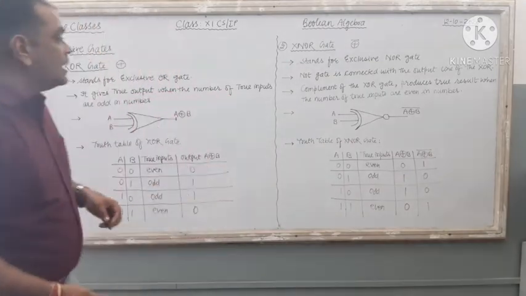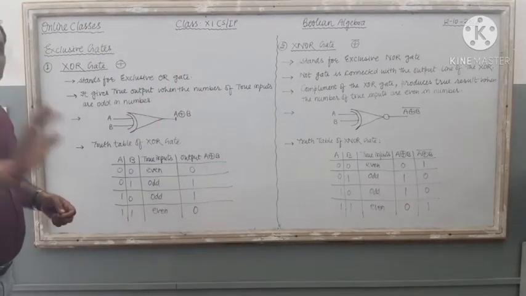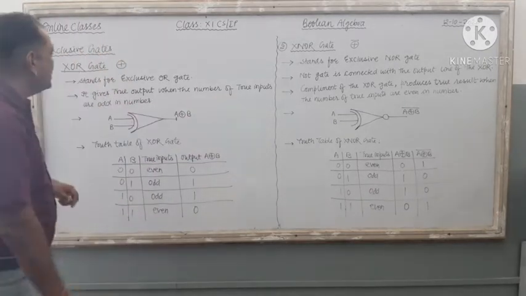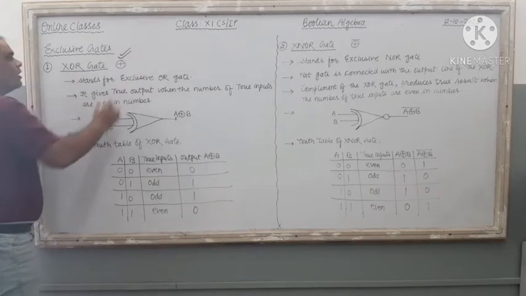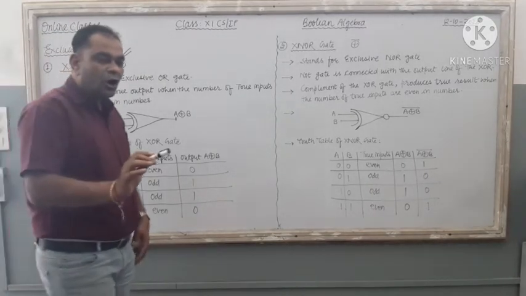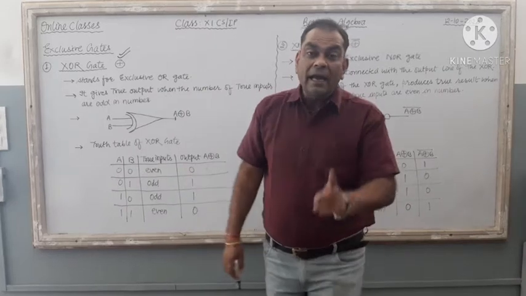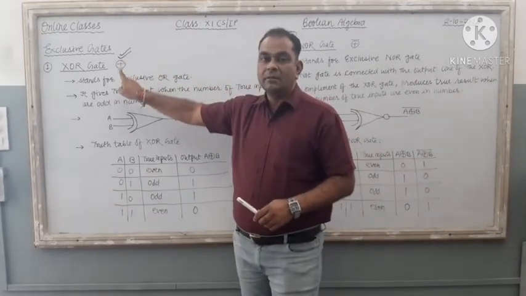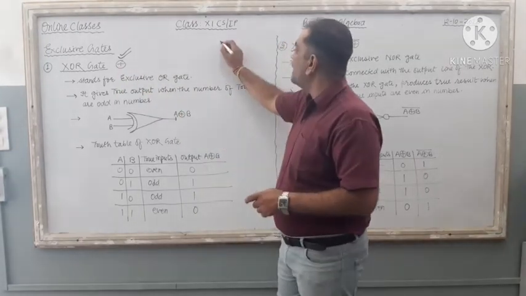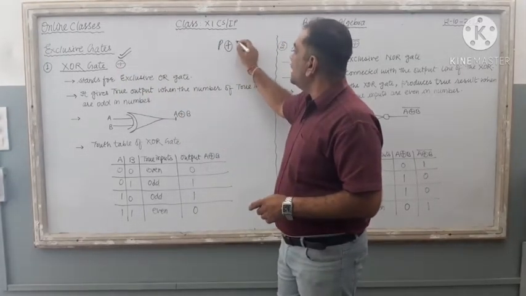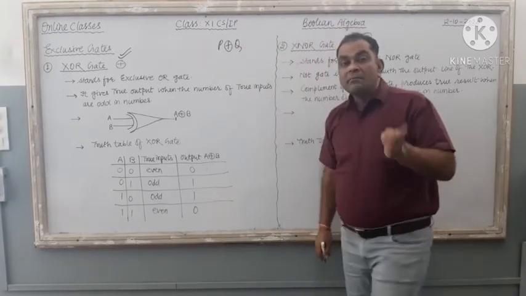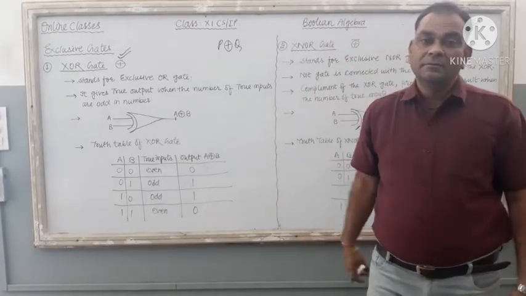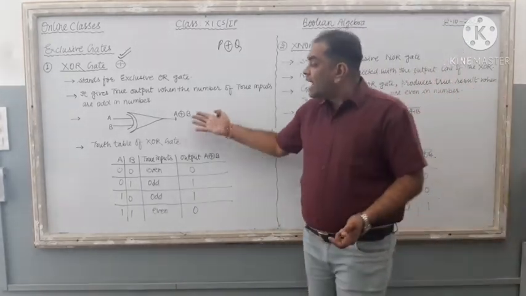Now we will discuss the diagram of these different gates and the truth table of these different gates. Very first, we are going to start with the XOR gate, XOR, exclusive OR. If you want to check the symbol of the XOR gate, it is a plus with a circle. Anywhere you see P plus with circle Q, it means in that circuit diagram an XOR gate is available. Clear? Now, what is the diagram of this XOR gate?